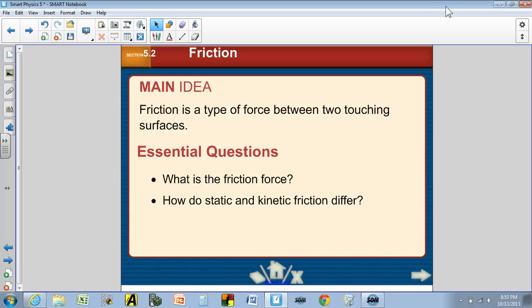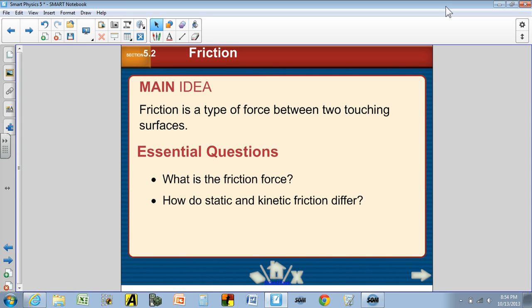Okay, let's take a look at friction. And by the way, I was just kidding about using Rebecca's answer key as the answer key because I make up my own answer key, but I do check hers first because usually I can find any mistakes on mine by checking against hers. But anyways,